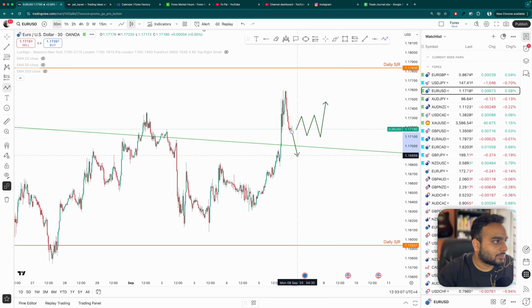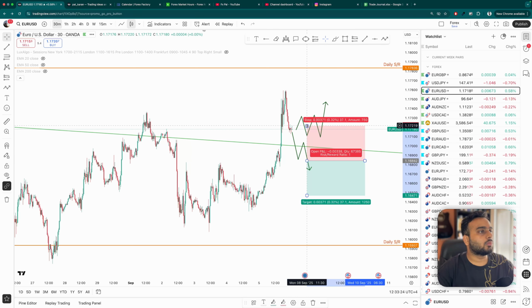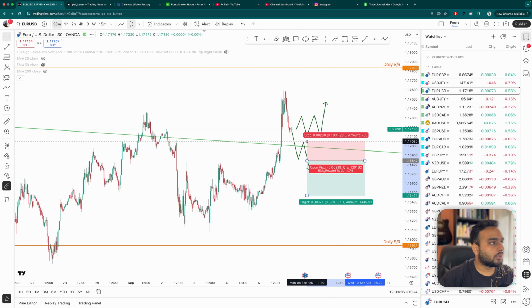Let's say if the price comes down, rejects this trend line, and then push again. So at this point, I'll enter the trade. Something like this, a stop loss around here,